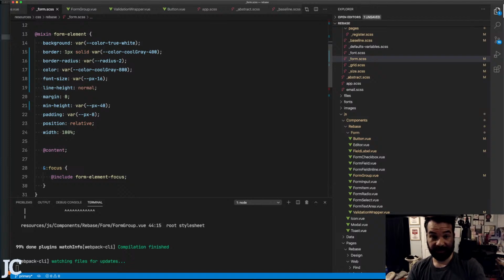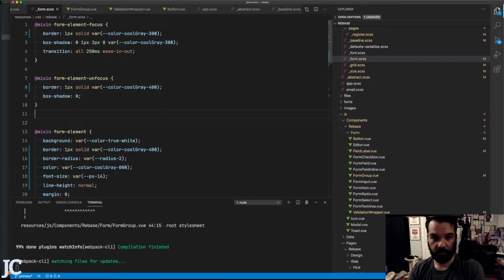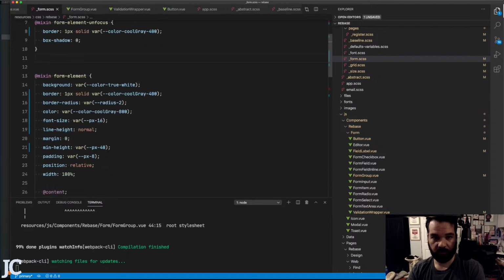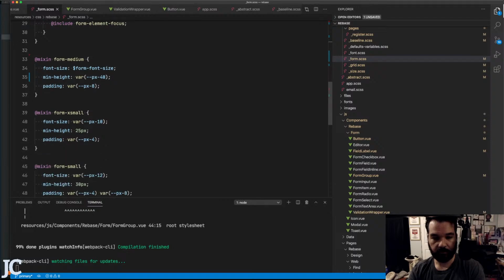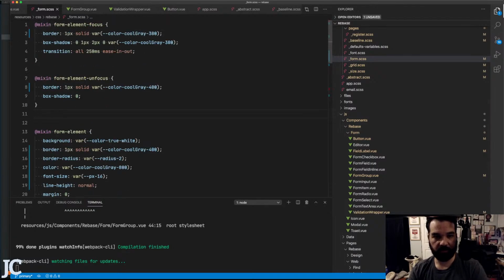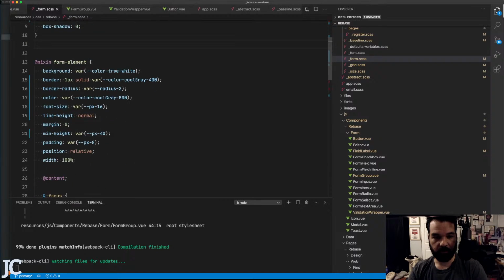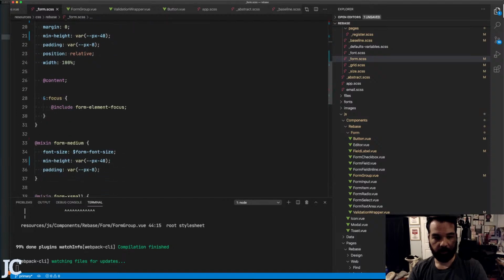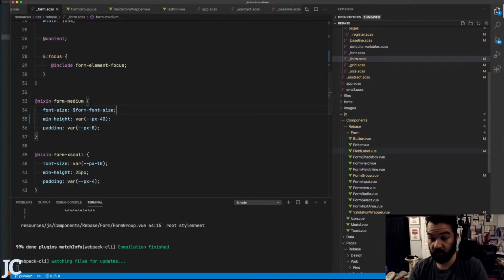So with that being said, that means I can leave this in here just to make sure there's no form element unfocus, focus. All right, what is form X small? Do I even use this anywhere? I don't even know if I use these things. That's what I don't like about this. All of a sudden you're looking at this stuff and you're like, do I use this code anywhere? If I don't use this anywhere,